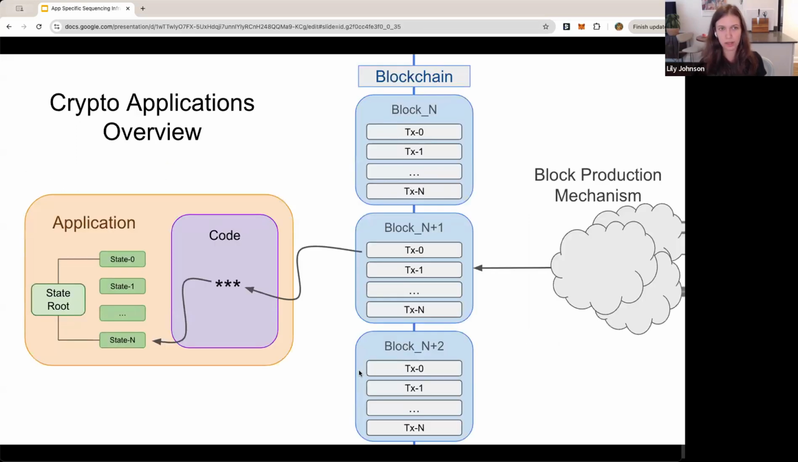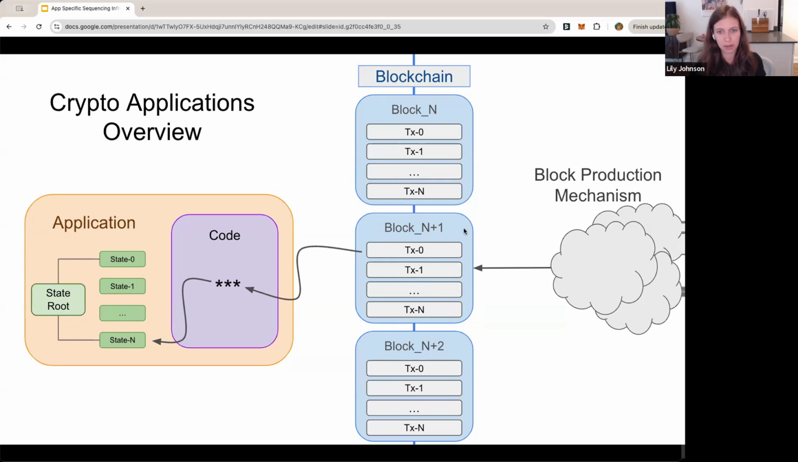So just a quick overview of how crypto applications typically work. Normally, a crypto application has a state root that is made up of different pieces of state. And these different pieces of state typically represent value and who owns what value inside of that application. And there's code that will run state transition functions over the different pieces of state. And typically, the code that is run is determined by the different transactions and the order of those transactions. Most blockchains have different mechanisms of deciding how the blocks are constructed and the order of the transactions